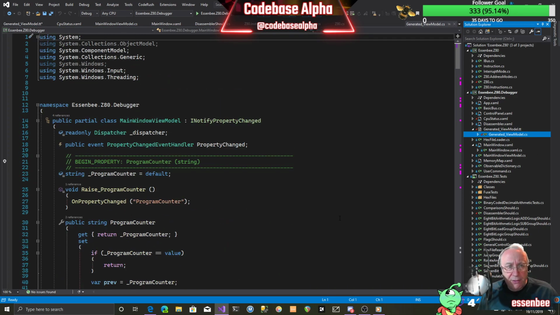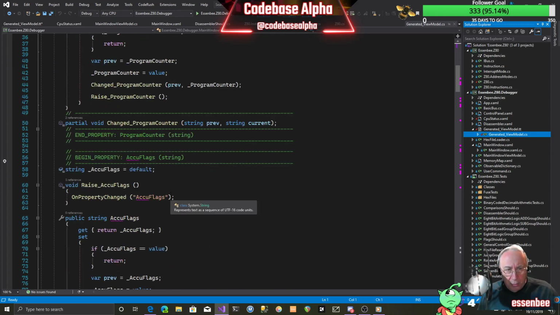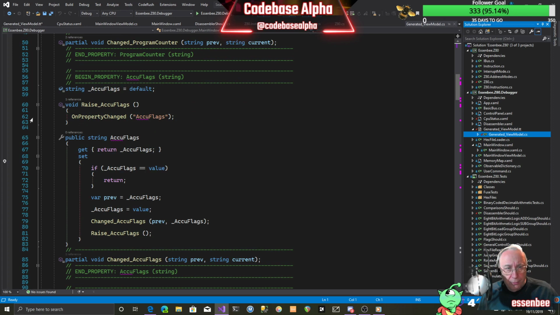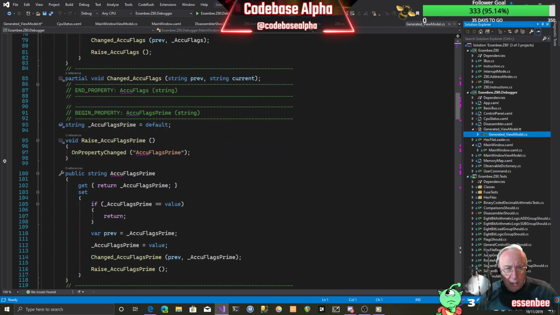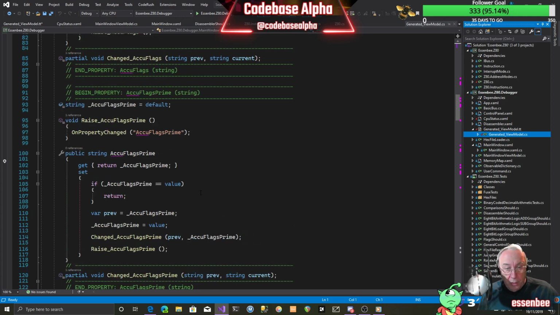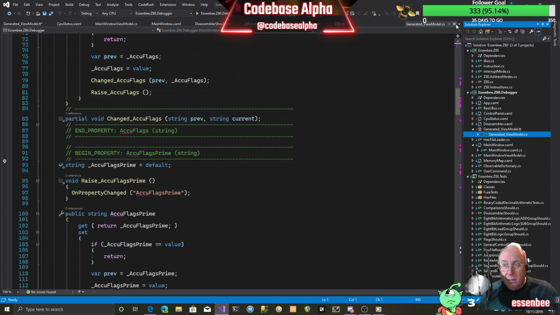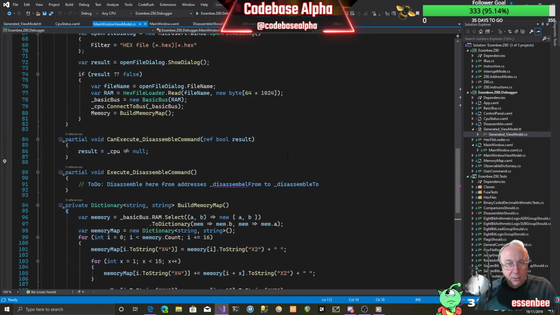So this is the generated file, and it's added these properties for us. These are the partial properties that it's actually added for us, and the on-property change stuff is all done there for us. Okay, that's why it's quite fun having this T4 template concept. Okay, so we've done that, and over in our main